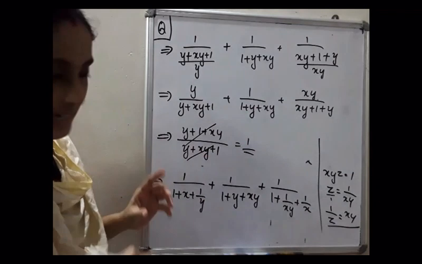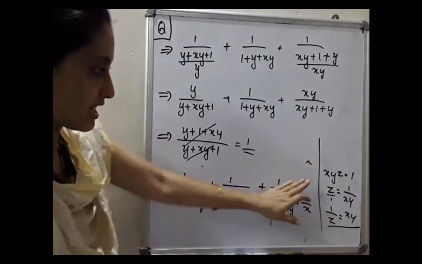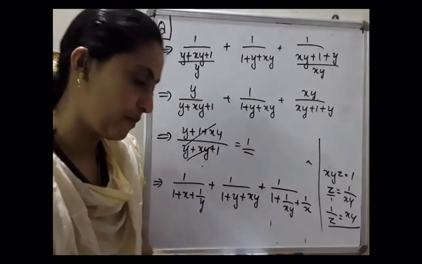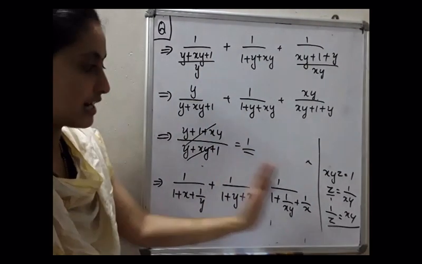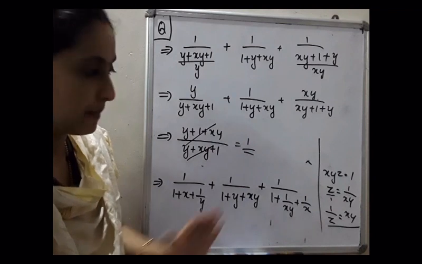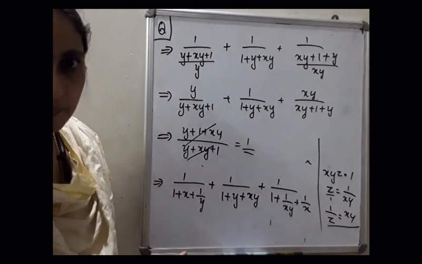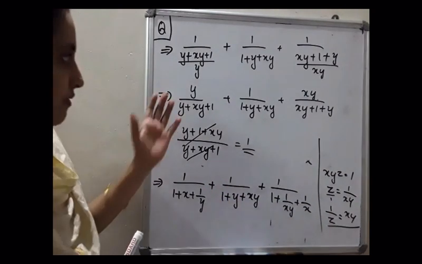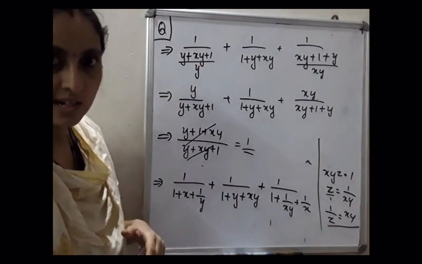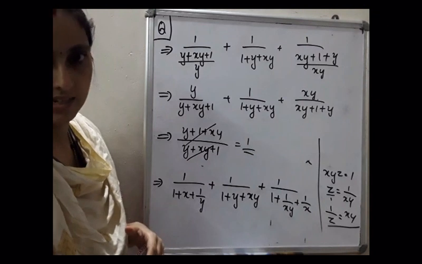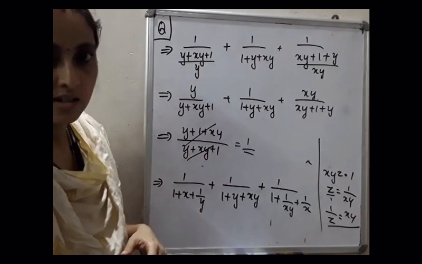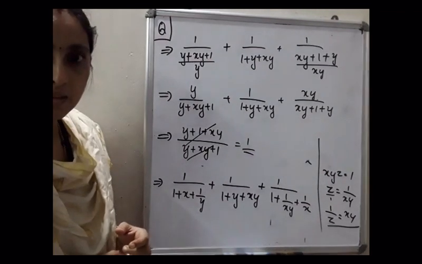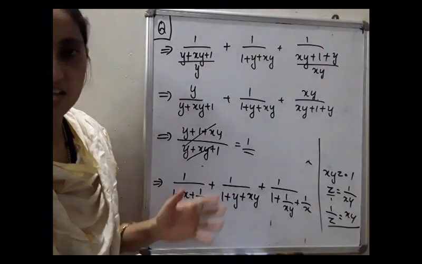So please listen, the important thing is this one, that is xyz is equal to 1. So z is equal to 1 by xy and 1 by z is equal to what? xy. So that you have to keep in your mind. Okay, that is a hint here. For doing this question, you have to go through this step. Okay, so only one type of question this. There is a hard question. Sometimes that may be asked in the examination. Okay, that I gave us. So please do this. That is the end of this hard questions or the additional questions.